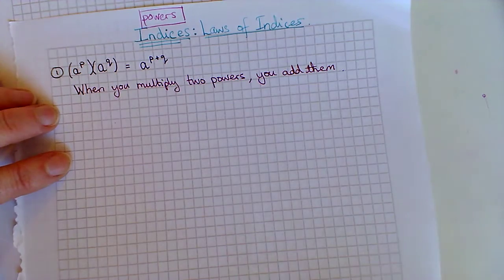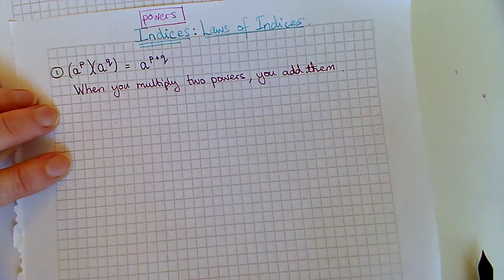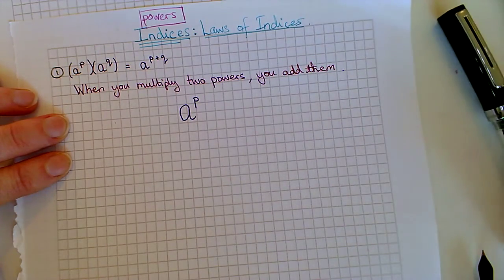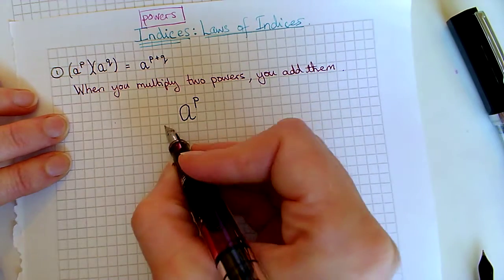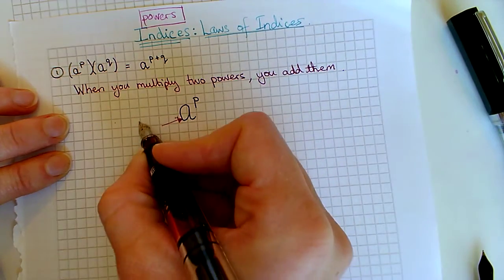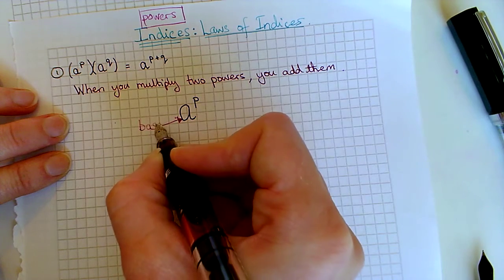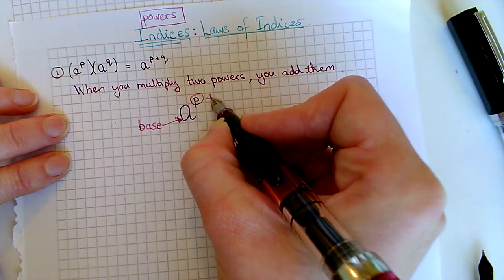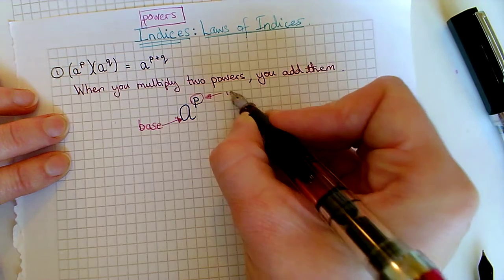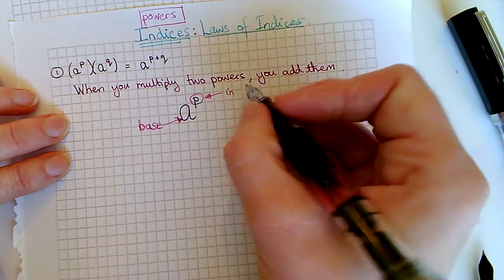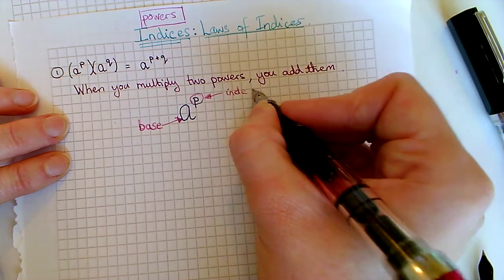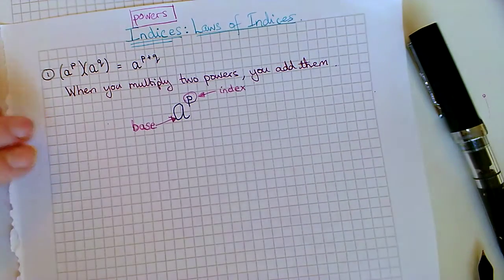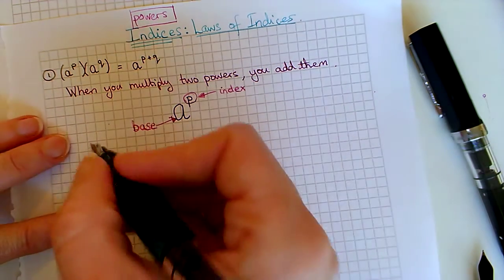Now, there's a couple of things that are really important about this. First of all, when I have a number to a power, we have a special name for the parts of it. This number here is called the base. So that's the base, the big number, the one that we're raising to a power, and the power that we actually raise it to is called an index. So bases and indices. One index, like I said, and the plural is indices. So that's really important. When I want to multiply two powers like this